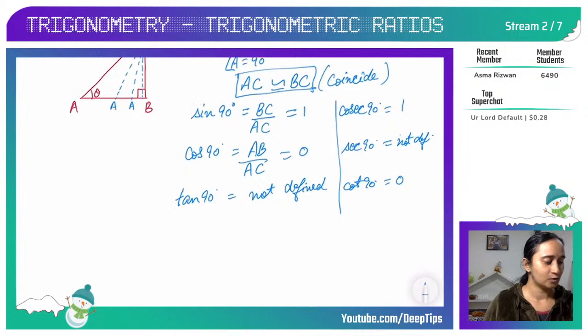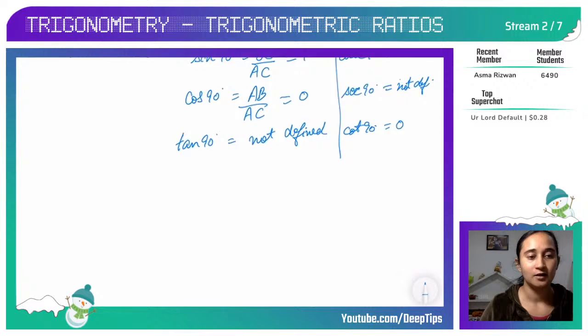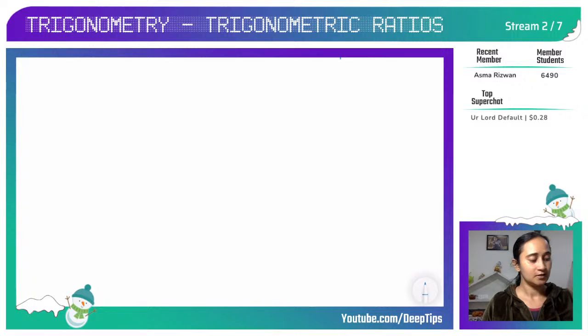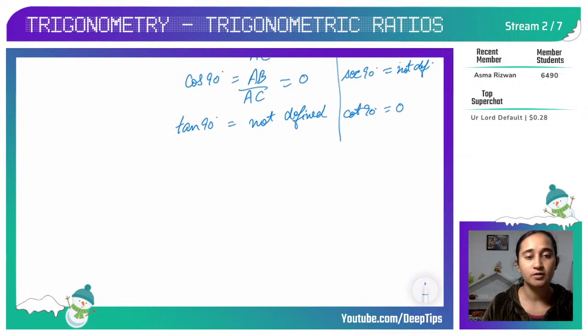Okay, so now I am going to tell you a very important thing that I feel all grade 9 and 10 students should know. This is a trick of the day. I am about to finish this topic. I have told you how to derive the trigonometric ratios of important angles 0, 30, 60, 45, 90 degrees. But now I am going to tell you the trick and tip, that is the specialty of Deep Tips, on how to learn the table of trigonometric ratios.